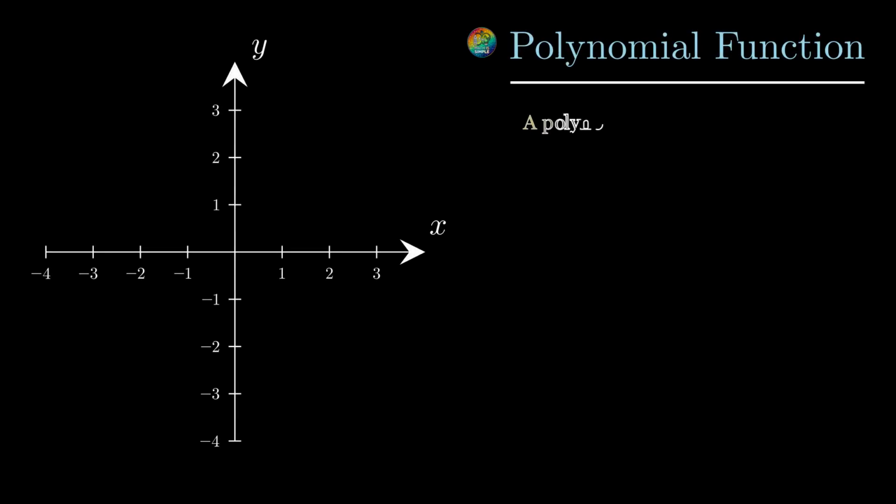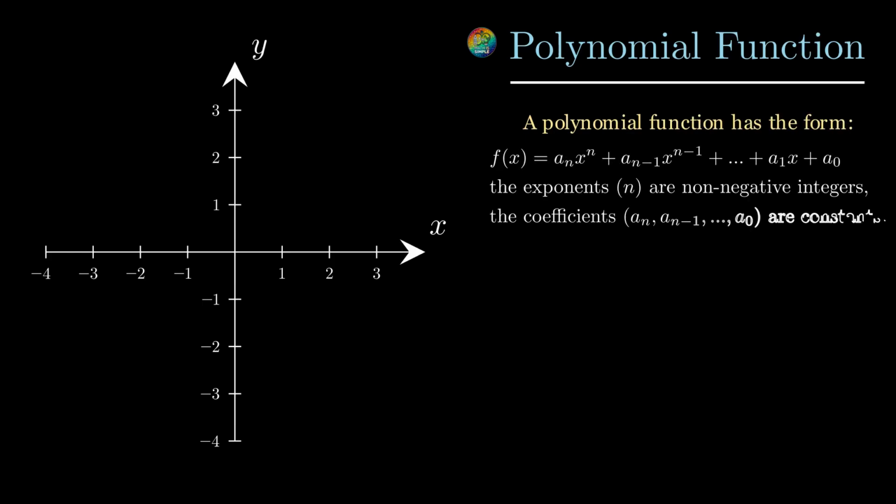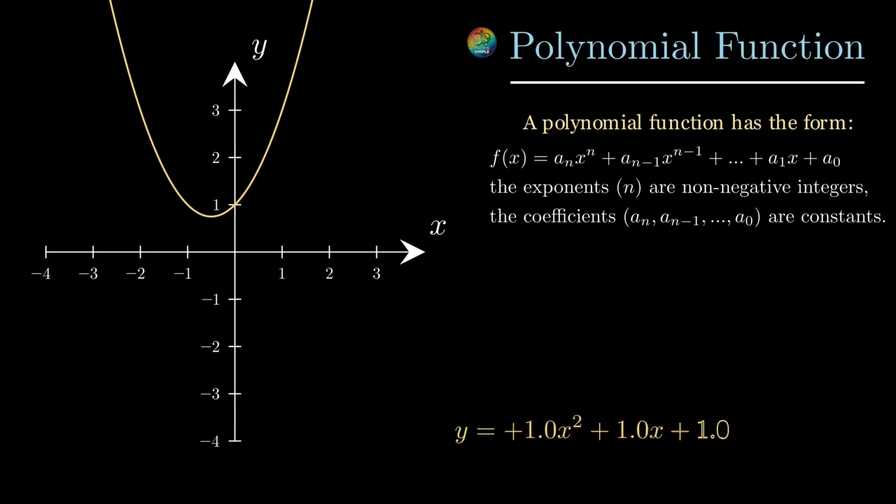Today we are going to explore polynomial functions and dive deeper into two of the most important types, quadratic functions and cubic functions. Let's first define what a polynomial function is. As you can see on the screen, a polynomial function has a very specific standard form. We write this mathematically as f of x equals a sub n times x to the n plus a sub n minus 1 times x to the n minus 1,